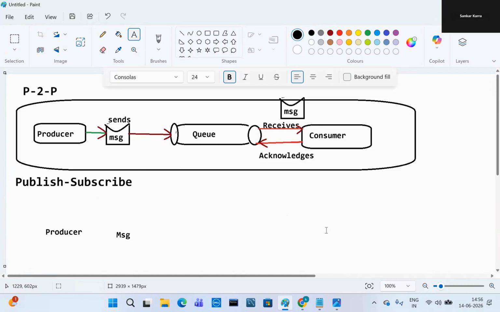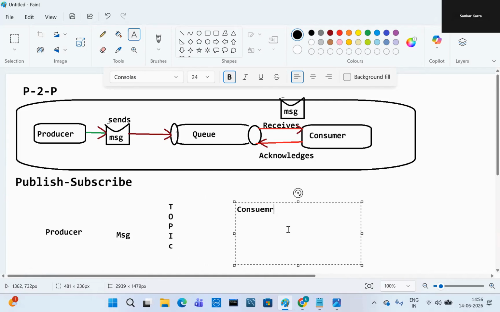But here there is no queue. Here a topic will be there. So for a single message, there are multiple consumer clients.